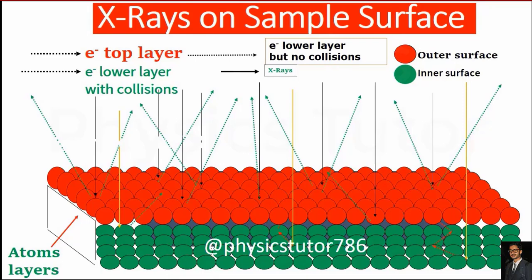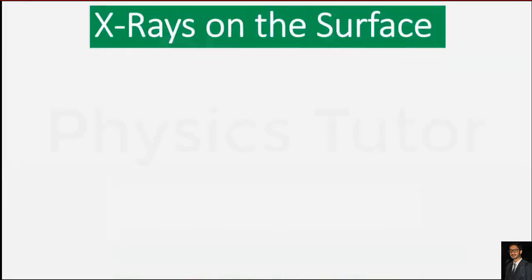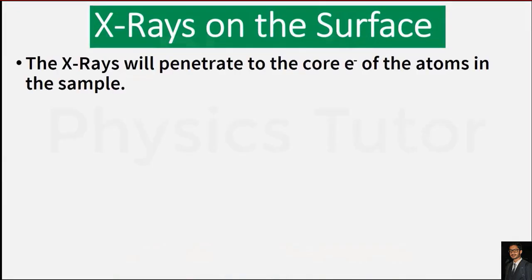and highly energetic. When electrons get that energy from X-rays, they start collision. When X-rays are incident on the sample surface, the electrons start collision. So if we see the X-rays on the surface, the X-rays will penetrate to the core electrons of the atoms in the sample. We have already seen this topic that X-rays will penetrate to the core electrons of the